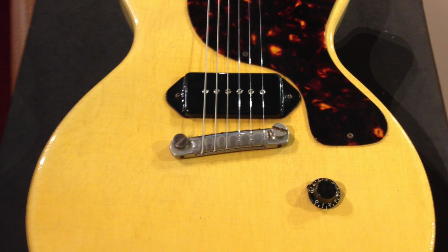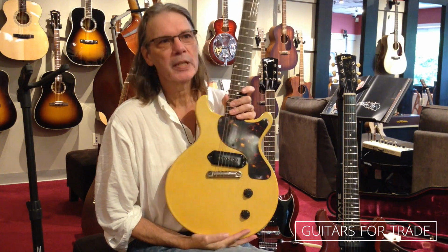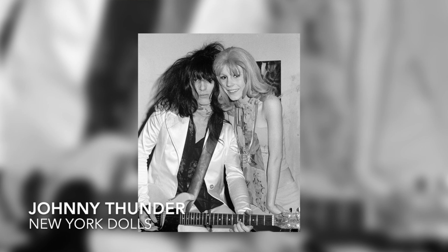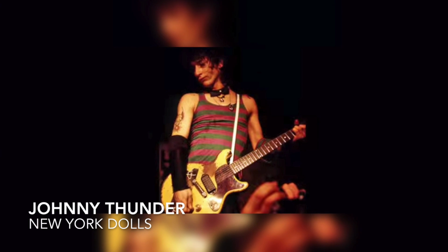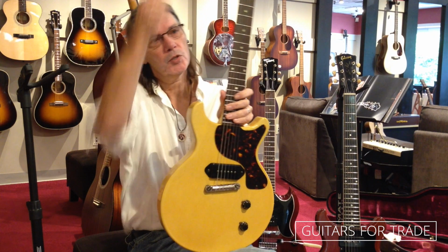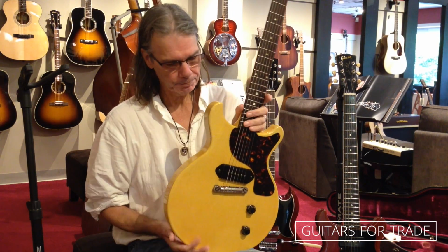This is the '59 TV model Les Paul. Nobody put this guitar on the map more than Johnny Thunders. After Johnny and the New York Dolls, and later with the Heartbreakers, came on the scene, this guitar was the guitar you saw him with, probably 99.9% of the time. Pretty rare to get one with the Les Paul silkscreen. There's probably in the hundreds of yellow double cuts, and even fewer with the silkscreen. So the TV model